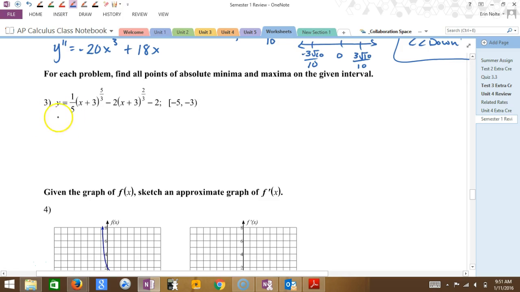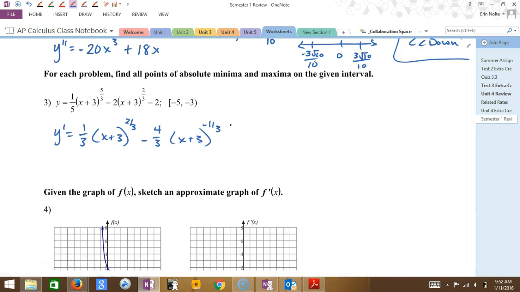Okay, so we're going to derive. I don't know if I do it. So 1/5 times 5/3 is 1/3. No, I erased it. And then if we subtract 3, that would be 2/3, minus 4/3 x plus 3 to the negative 1/3, minus 0. That's crazy. That is not nice. So if we set that equal to 0, we're looking at